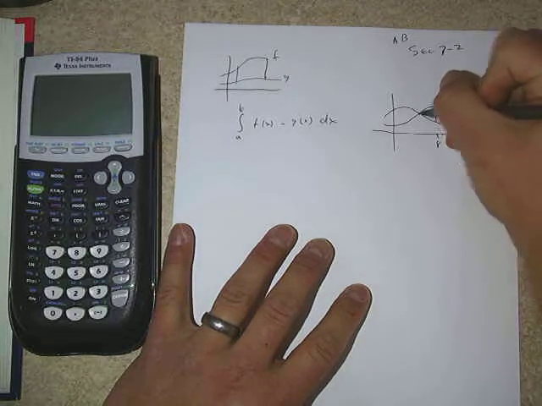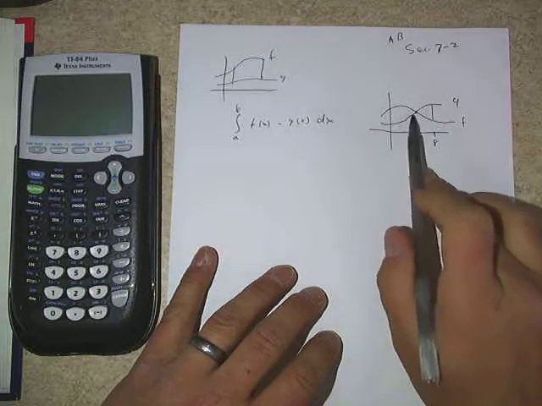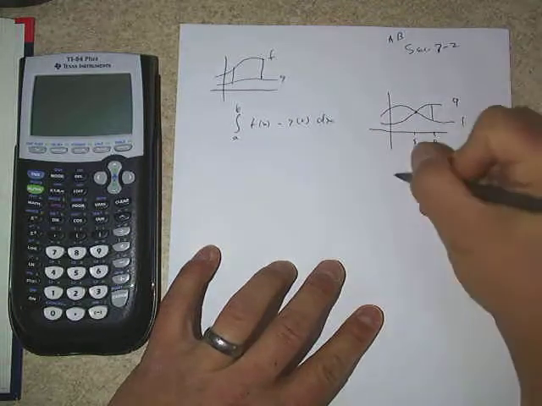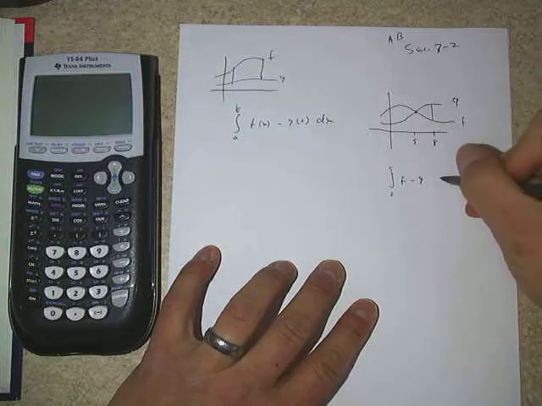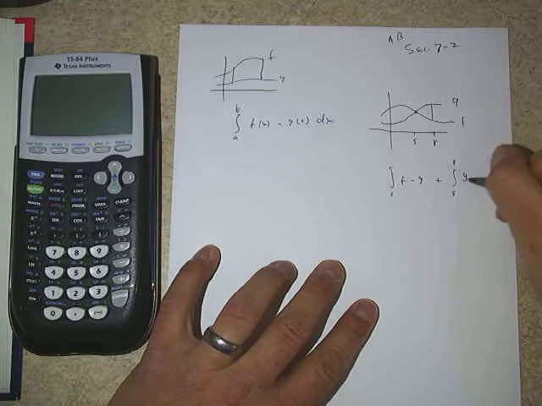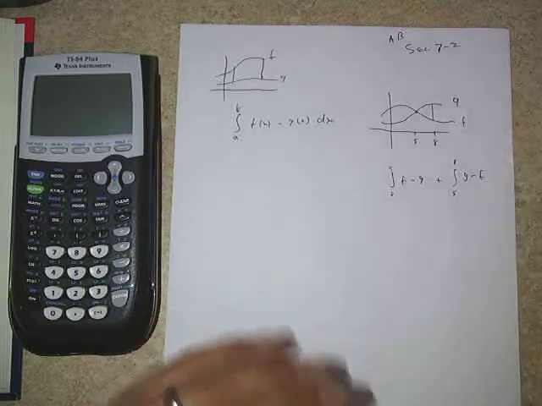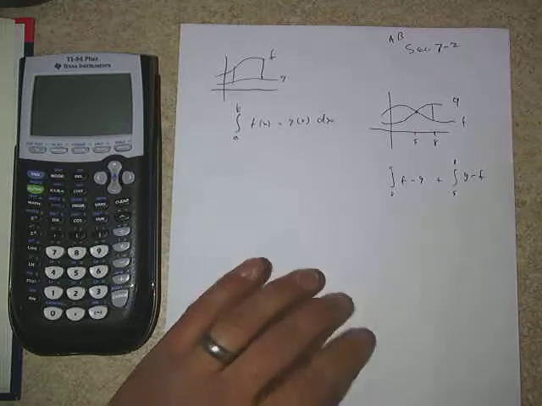So there's two options here. Actually, there's only one option in this case. Really, the only option is to find that point. Let's just say it was at 5. And if we separated those two, from 0 to 5, the top function is f, the bottom function is g. So we could write an integral from 0 to 5 of f minus g. Then we could add that to the integral from 5 to 8, where the top function this time is g minus the f function, which is the bottom function in this case. And if we add those two together,